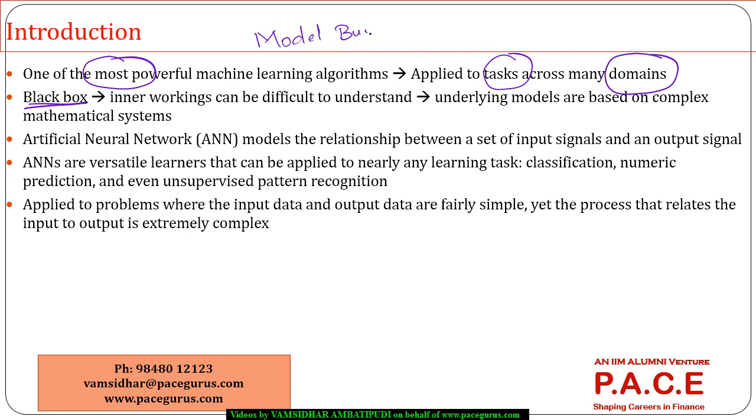The workings of that model, and the calculations typically done as a part of neural networks, are very difficult to understand. If you try to understand the mathematics, it is very complex. So unless I have a very good hold on advanced mathematical concepts, I cannot really understand the calculations